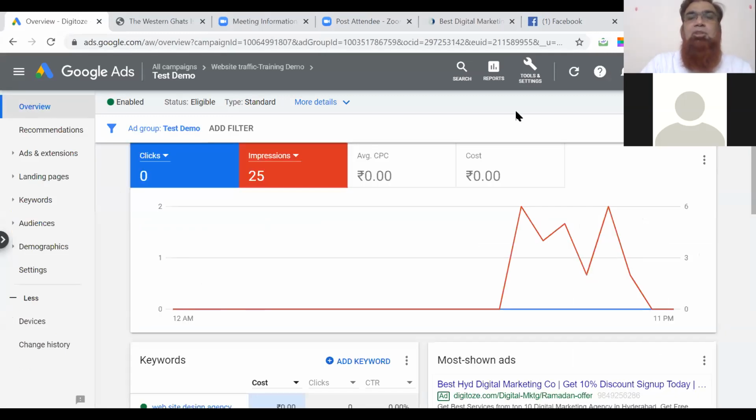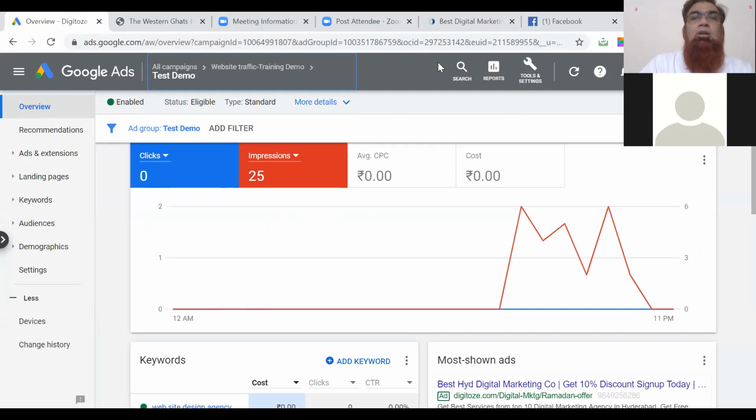As I was discussing yesterday, there is a Google tool called Keyword Planner. Are you guys able to see my screen, this Google Ads section which is there? So there is something called Keyword Planner.